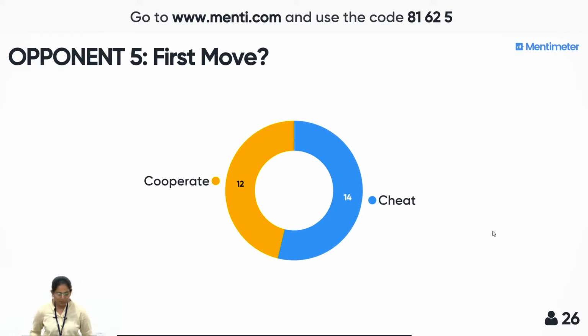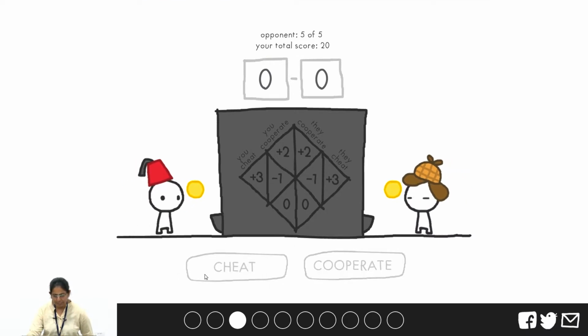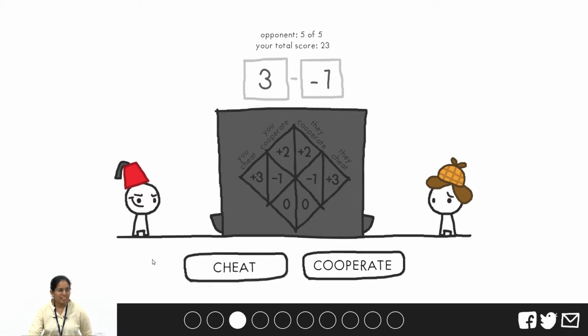Okay, it's a very thin margin, but it looks like we want to cheat, so start by cheating. Okay. I don't know what price you'll have to pay for this later, but right now it's gone your way. So, okay, let's move to the previous row. What do you want to do? You've opened by cheating, so